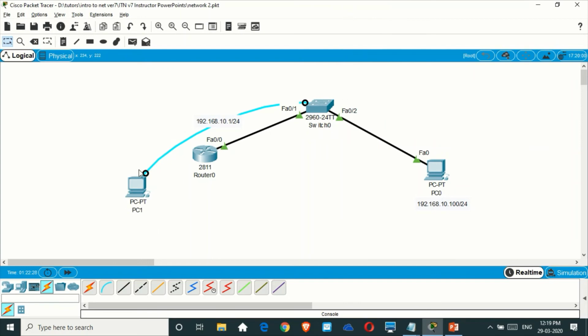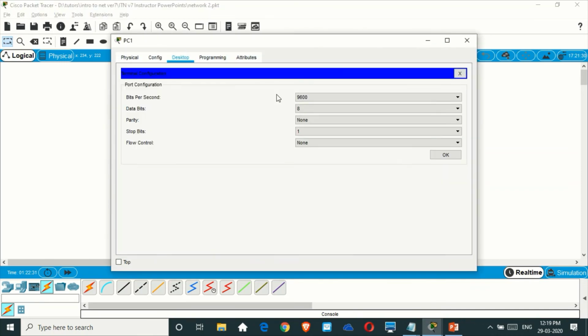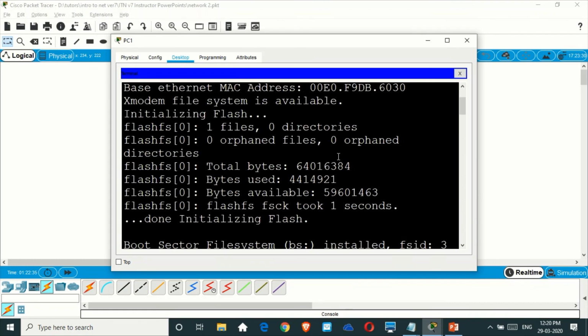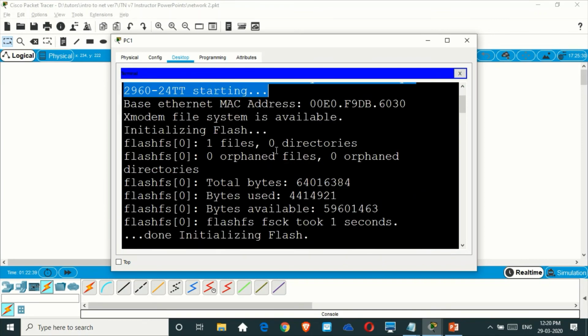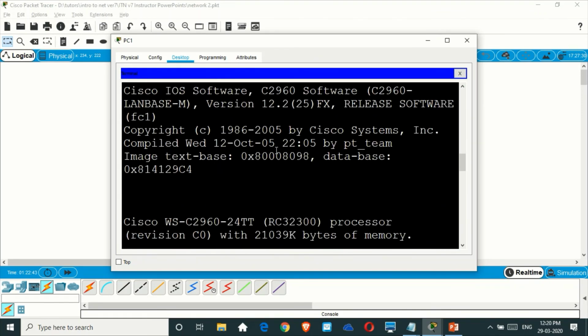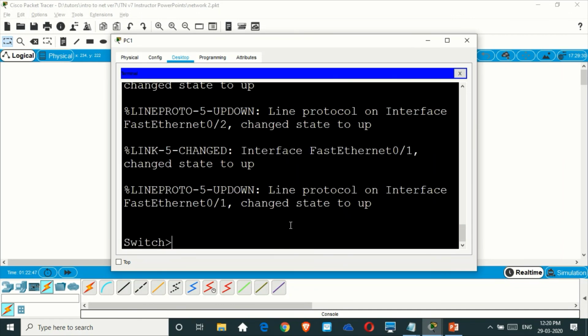I'll go to PC1, go to the terminal, and click OK. Now we can see that you have connected to the bootloader of your switch. If you go down, down, down, you can see that you are already connected to the switch now.